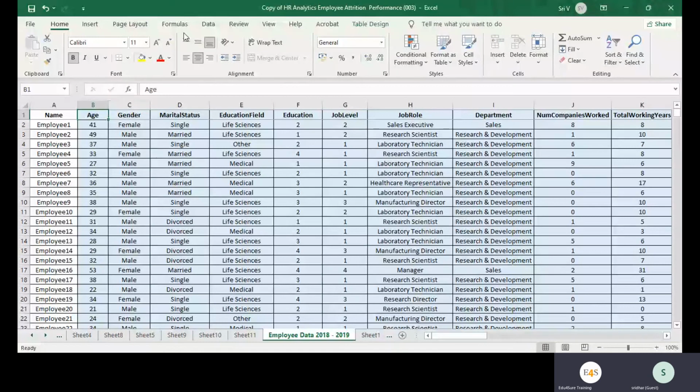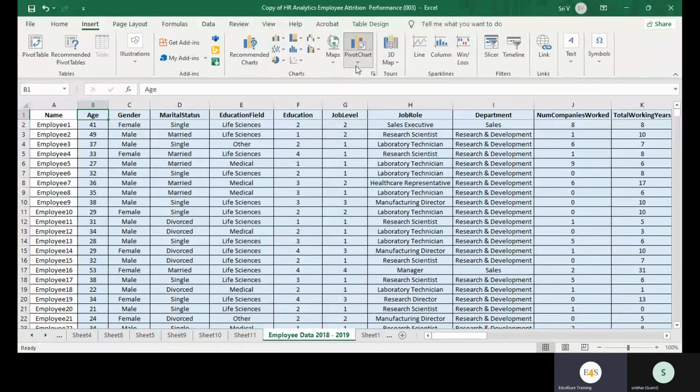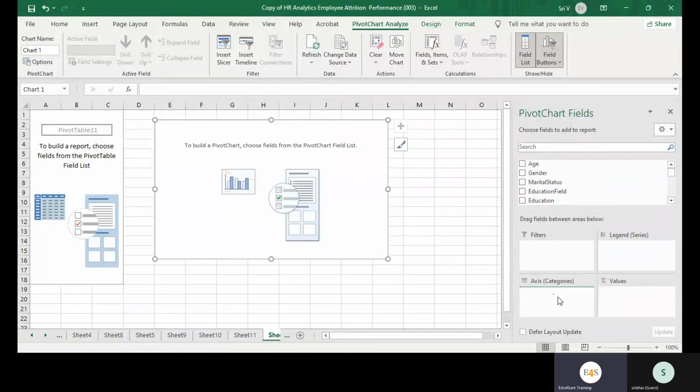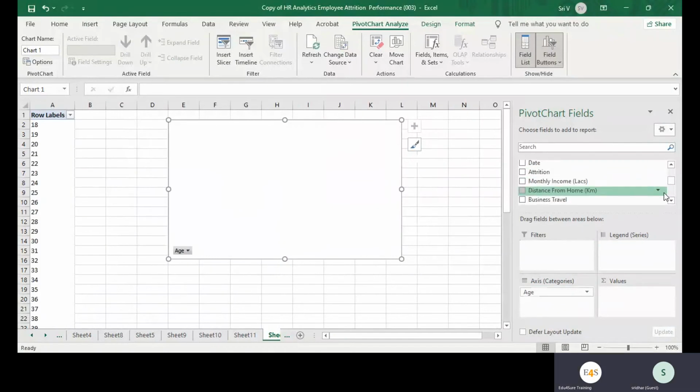I'm asking one question: if one person is there who is 60 years of age, do you think because his age is highest in the company, he's getting the highest salary? No, not at all. Yes. So this is the kind of information this particular analysis is going to give you. Check it out.